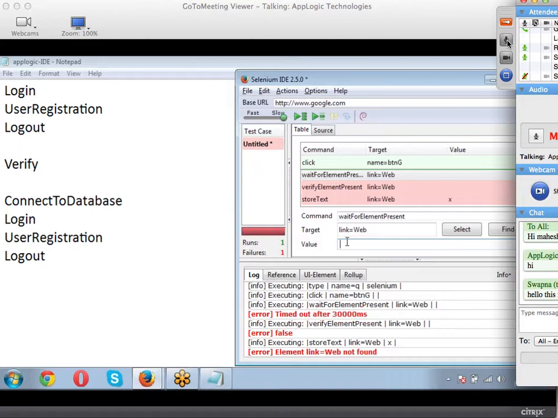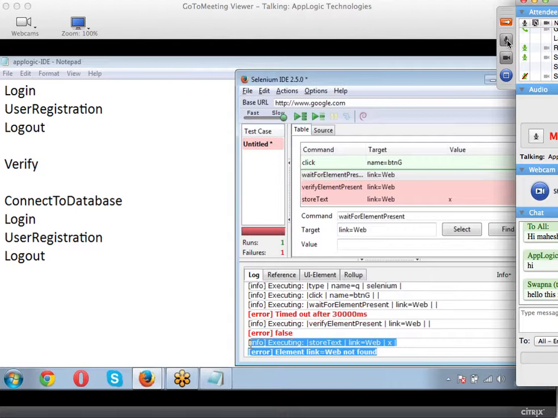The reason I'm saying this is that when we write code inside WebDriver, it is the same replica of this. Here it is a command like this; there it will be some code written. So if you understand the logic here, you'll be able to replicate it there when we start. Now there are some failures in my wait for element present. After waiting for so many seconds, my execution failed and it says web element not found.